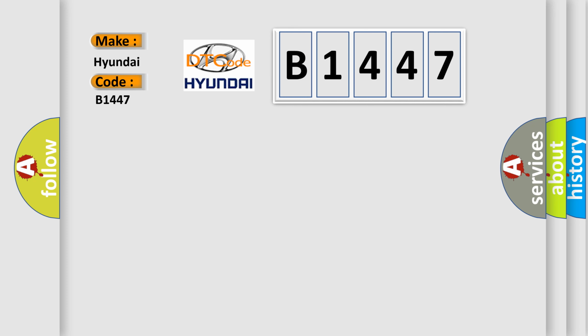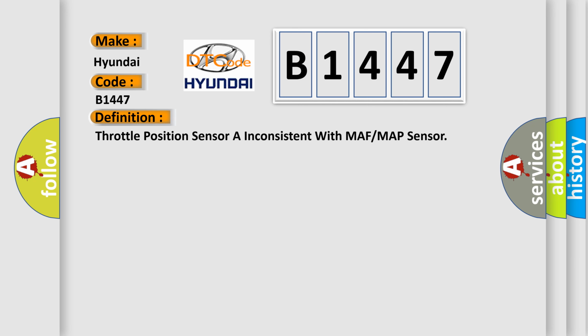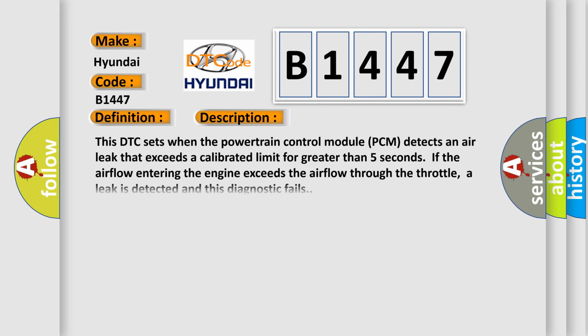B1447 interpret specifically for Hyundai car manufacturers? The basic definition is: throttle position sensor inconsistent with MAF or MAP sensor. And now this is a short description of this DTC code. This DTC sets when the powertrain control module, PCM, detects an air leak that exceeds a calibrated limit for greater than 5 seconds. If the airflow entering the engine exceeds the airflow through the throttle, a leak is detected and